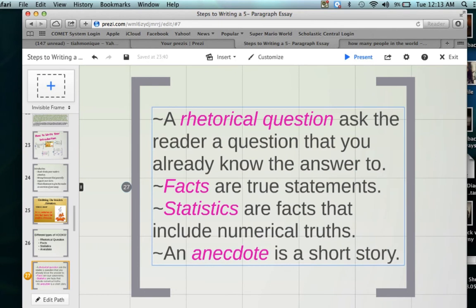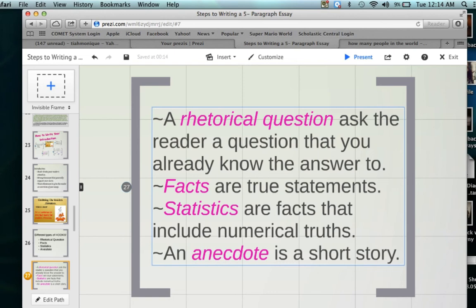But your rhetorical question asks the reader questions that you already know the answer to. Something like, would you want to win the lottery? Duh, would you want to be rich? So anything that you can ask that you generally know the answer to, but you're just giving it out there so it can spark the person's interest, hook them into your essay, that's a rhetorical question. If they can't really answer yes or no distinctly, then it's probably not rhetorical and it'll be a little bit too difficult. So we can practice that a little bit on the side if you still have questions, but for the most part, it's a general question that you already know the answer to. It's just leading them to start thinking like you think.